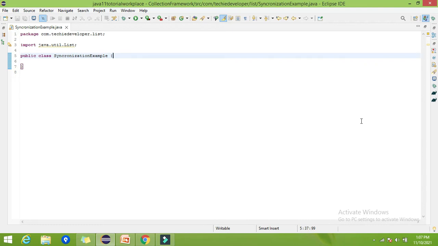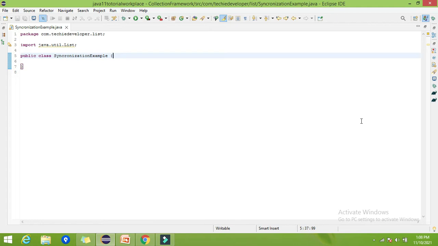But when multiple threads work simultaneously on a single list, that can cause different types of issues. Performance will be high, but sometimes there may be some integrity issue. Like if one thread is adding data to the list object while another thread is simultaneously reading the data, some data might be missing from this list. That kind of issue may occur. So that is all about the non-synchronization issue.